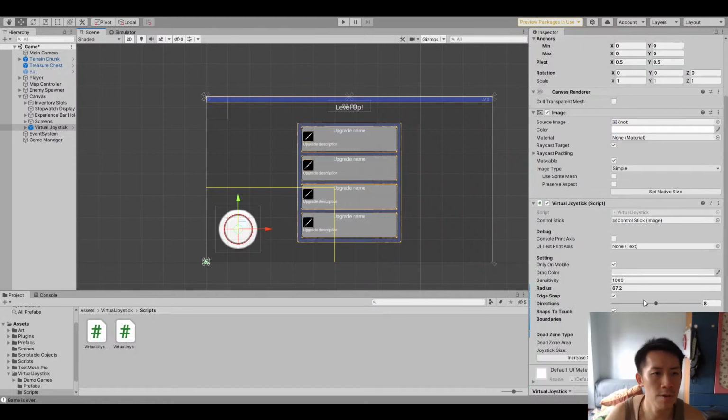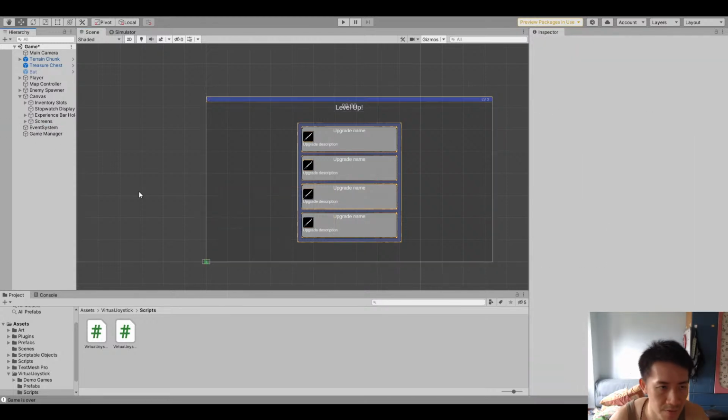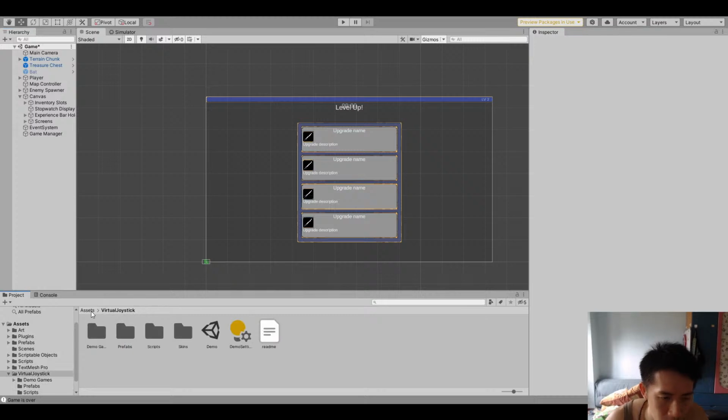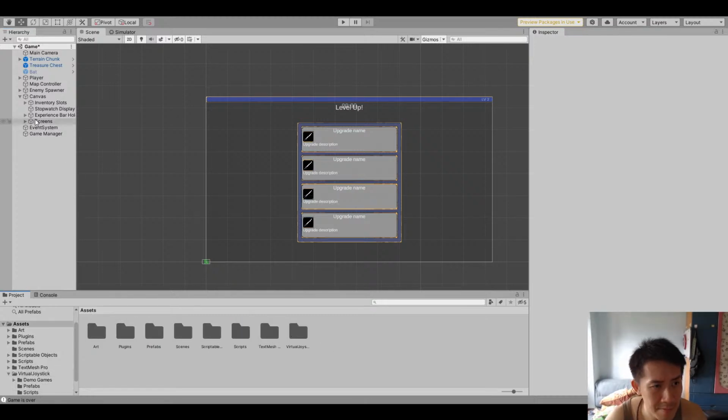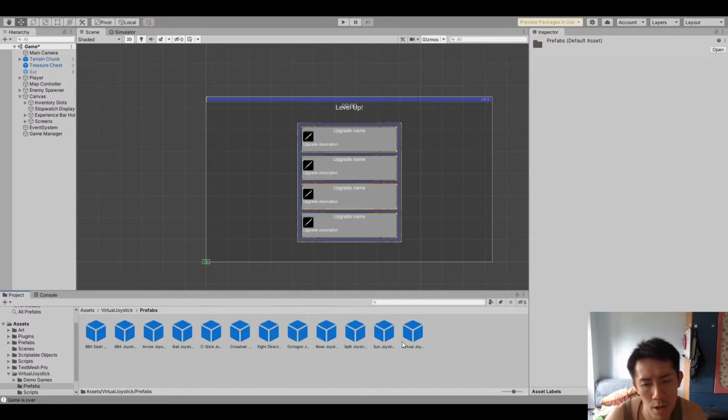Okay, let me just redo this whole section altogether, about the adding of the joystick, since I fixed a couple of bugs with it. So when you download our package, you will find a couple of joystick prefabs. What you want to do is just pull one joystick that you like onto your canvas,